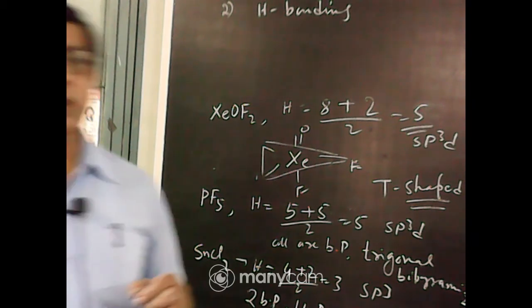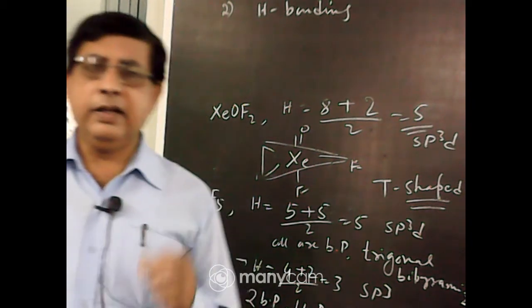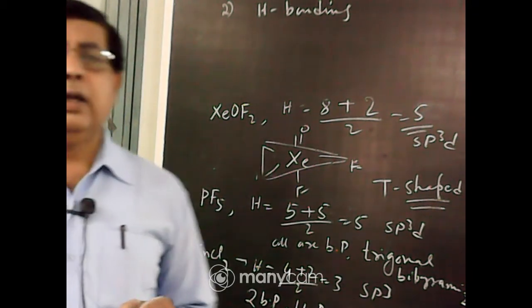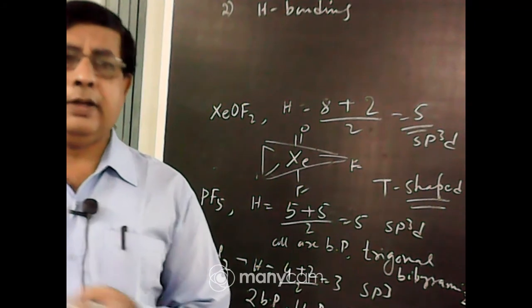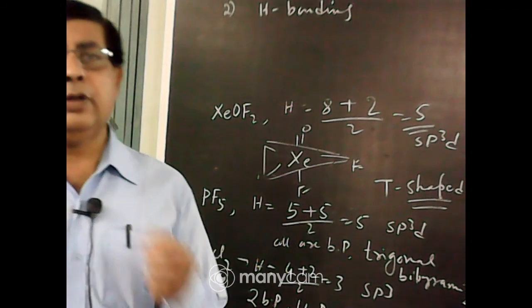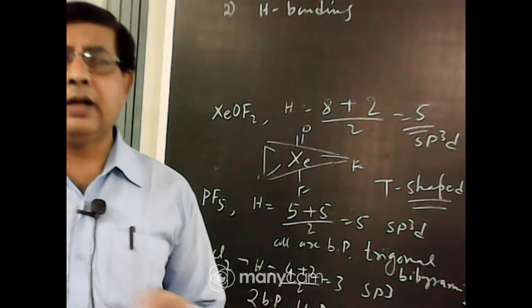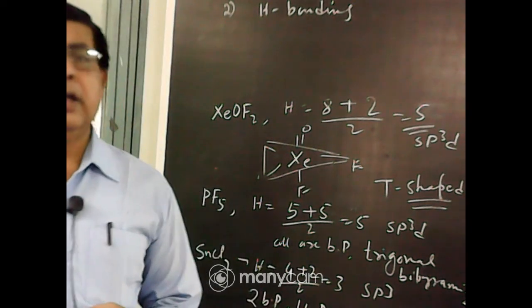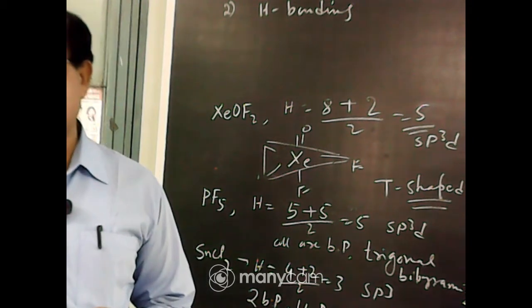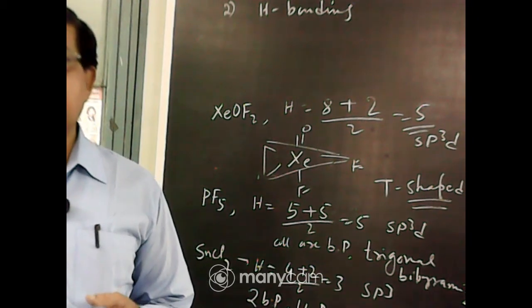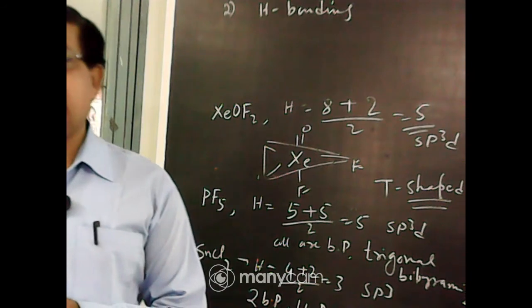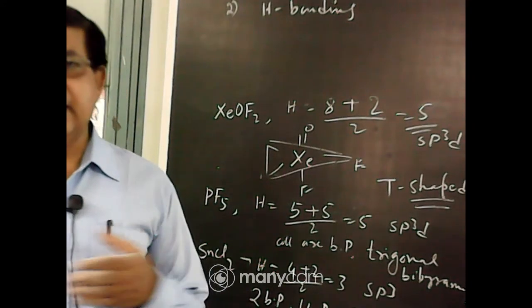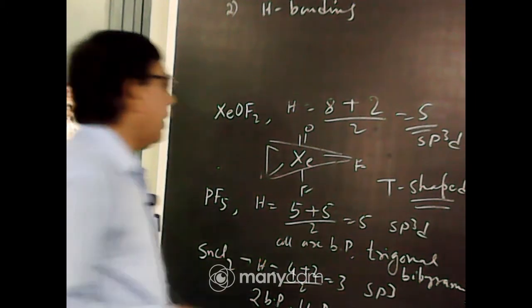In the formation of a coordinate bond, one atom has an excess lone pair of electrons and the other atom has a vacant orbital. So the lone pair of electrons can be donated to the vacant orbital by unequal sharing. That is, one atom donates both the electrons and the other atom only accepts the electrons. The atom which donates the electrons is called the donor and the atom which accepts the electrons is called the acceptor, and the bond is formed in the direction from donor to acceptor by an arrowhead.